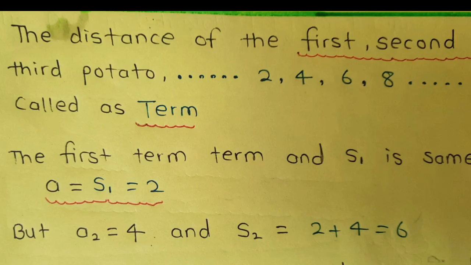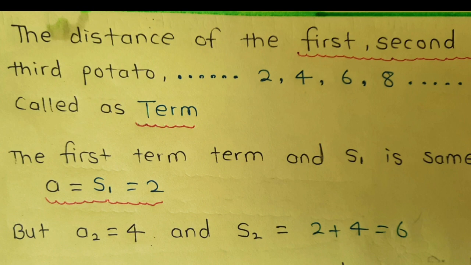We can also tell the child that the distances of the potatoes from the initial point are also placed in arithmetic progression. Here 2 is the first term, 4 is the second term, 6 is the third term, 8 is the fourth term. Most of the time it is observed that a child gets confused with the first term A1 and